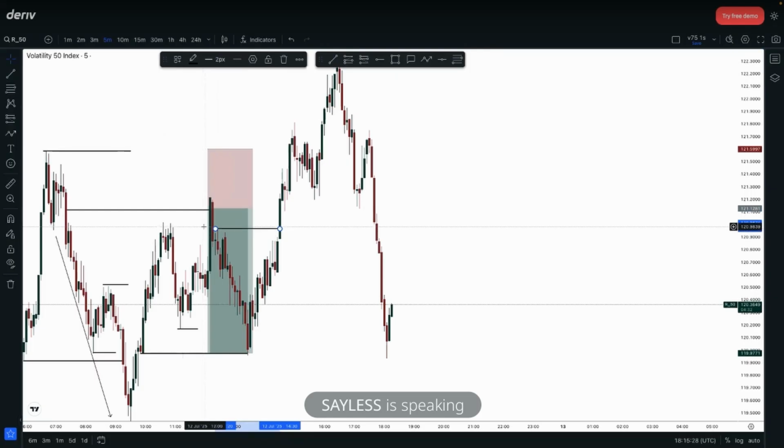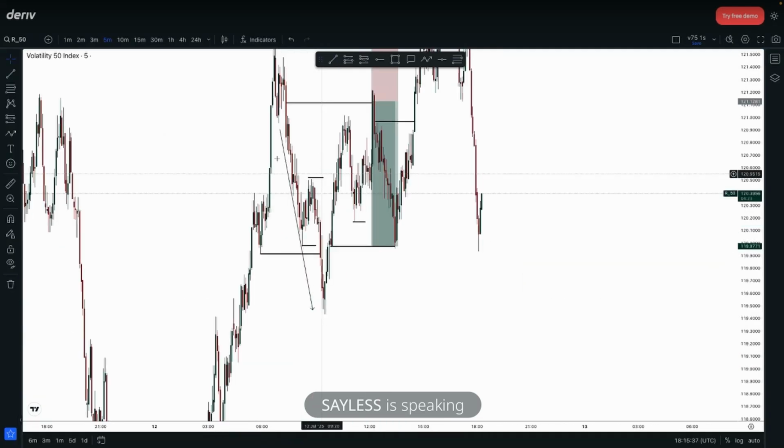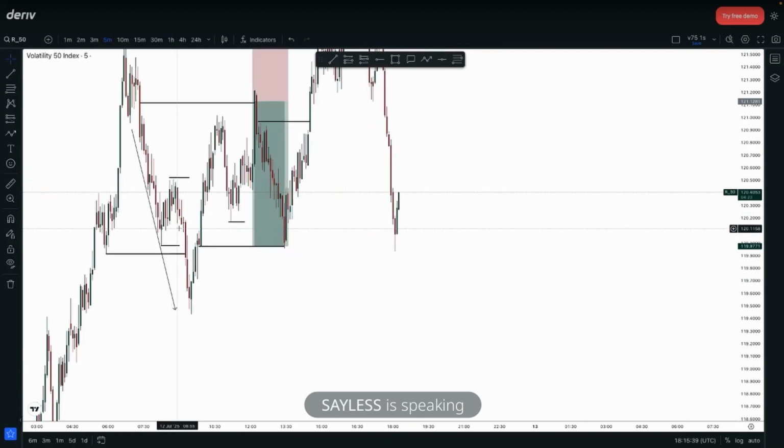I'm not bringing that in yet, because if I start adding all those things, it's going to make the whole learning curve complicated. But just know that if an area has a complete formation, and I've already explained what a complete formation is here, it takes liquidity before going up. So what I am calling a take of